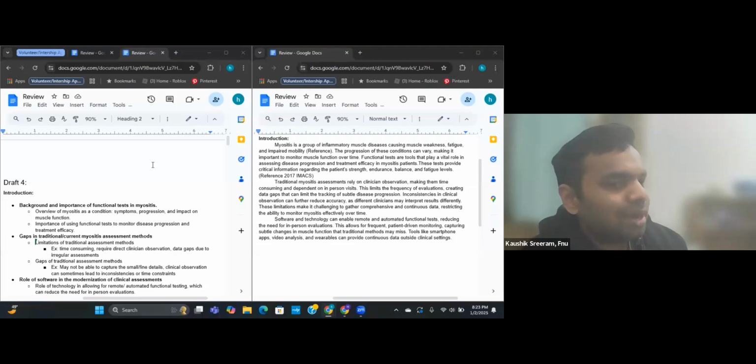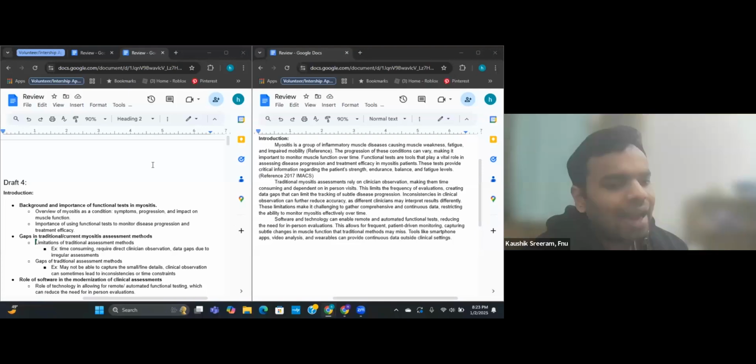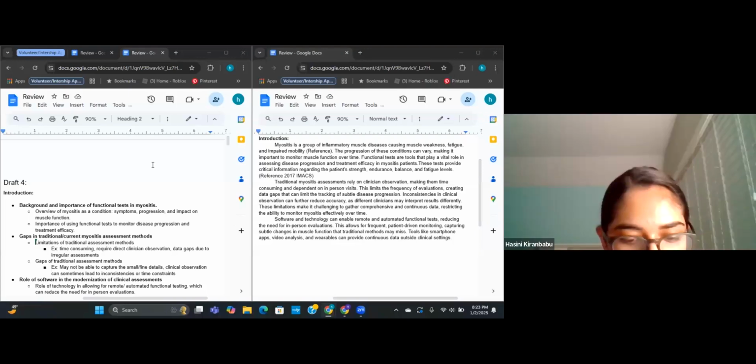That is the message that you want to drive through your paper, right? So focus on time consuming and on the possibility that these patients don't get tested in the first place